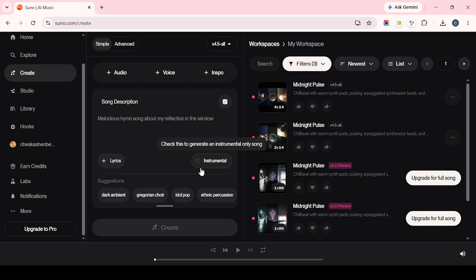Click the More Options menu shown as 3 dots and select Get Whole Song. This step pulls the connected sections together into a complete version of the track, allowing you to move from separate generated parts to one full song. At this stage, you'll have taken your lyrics, built the song section by section, extended it thoughtfully,